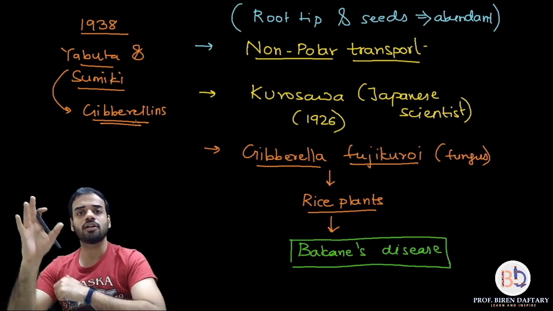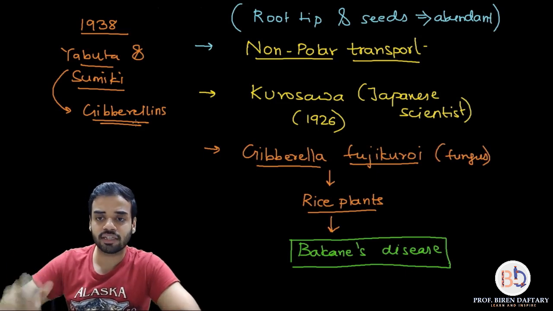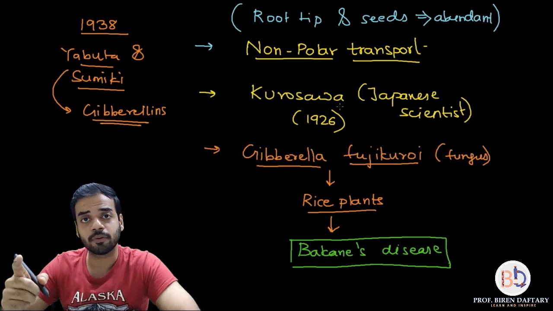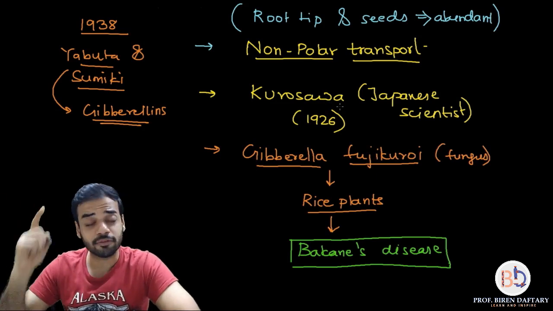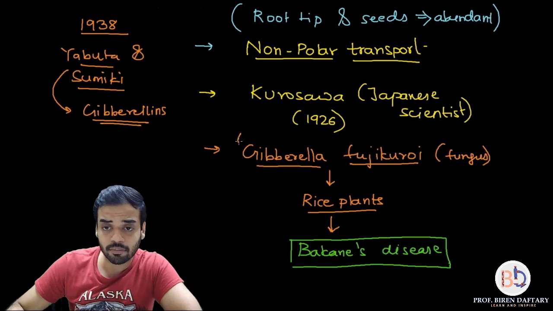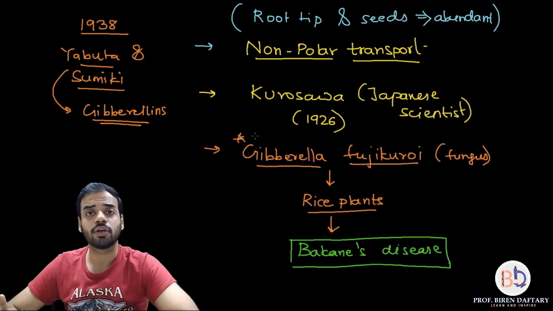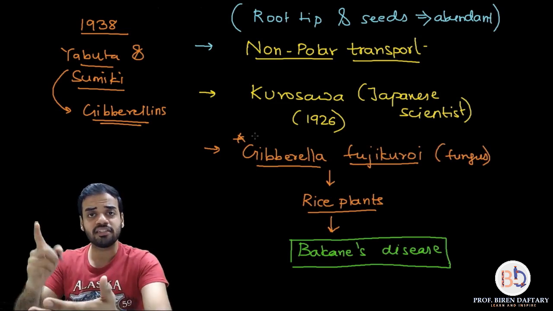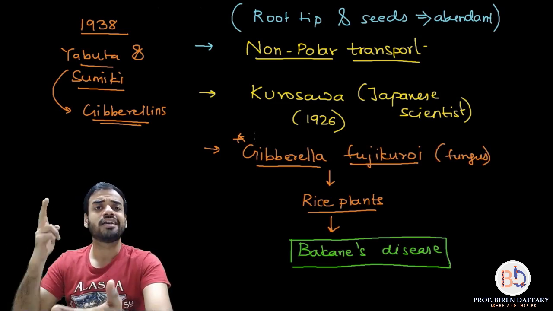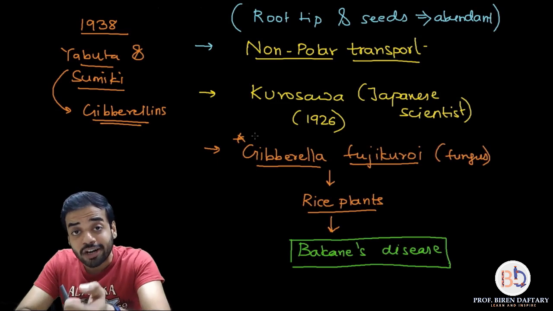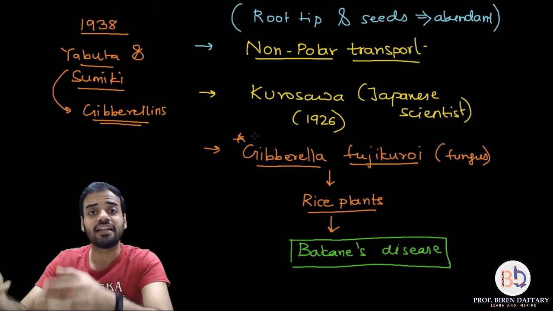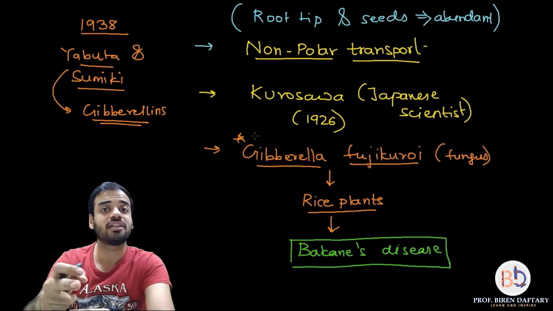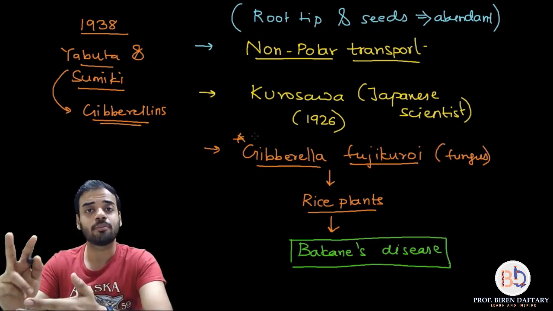Clear? So what are the important things for you to remember over here? First of all, the name of the person who discovered them, then the name of the fungus, very, very important to remember, Gibberella fujikuroi. Please don't make spelling mistakes. In Gibberella or gibberellins, double B and double L are present. Infection of the rice plants is called Bakanae disease, and in this disease the stem elongates considerably. That elongation is done by gibberellins, a term coined by two people, Yabuta and Sumiki.